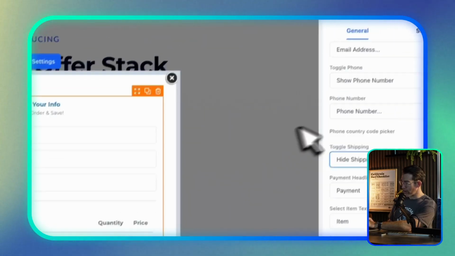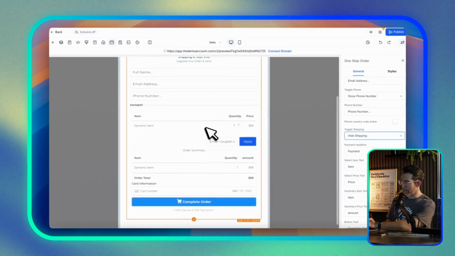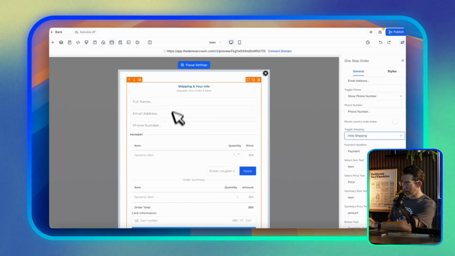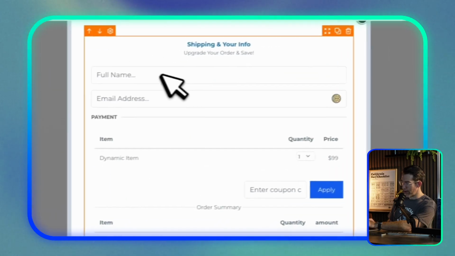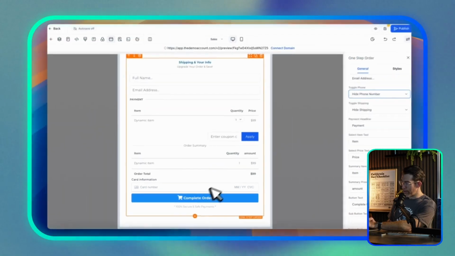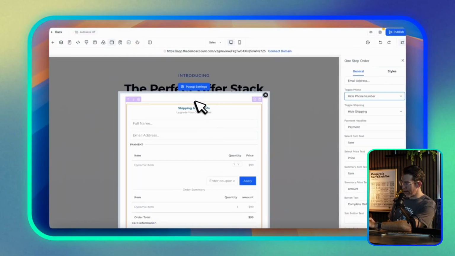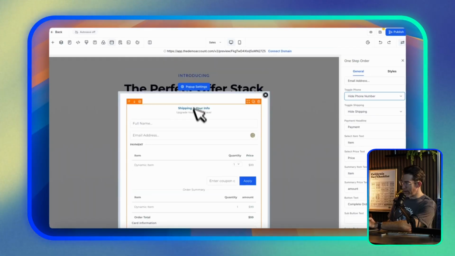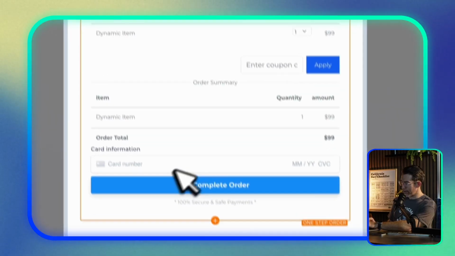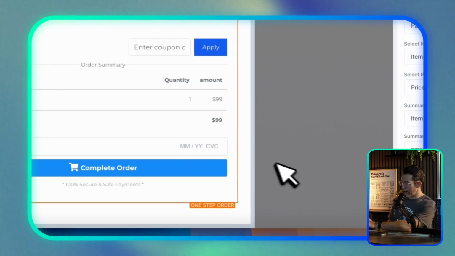So this is getting closer to what the default information looks like, where it's like, just give me your name, email, phone number. That's sufficient. You can even hide more of these. You're like, okay, I really just need your name and email, and then I need your payment information, and that's good. And then if you want to kind of add another element just for design purposes, we can